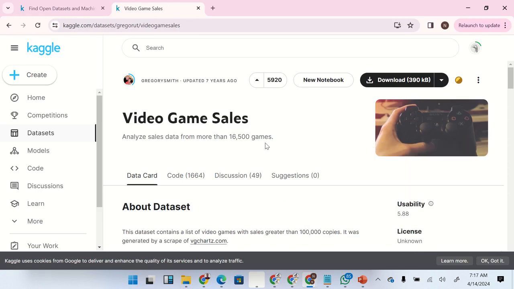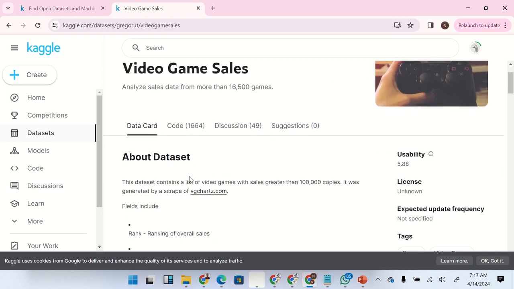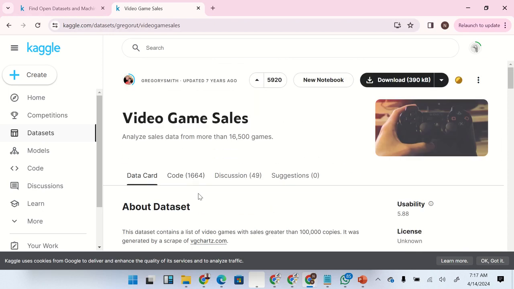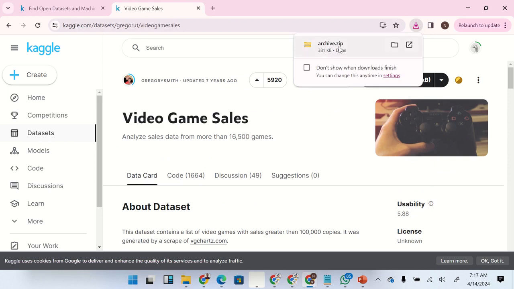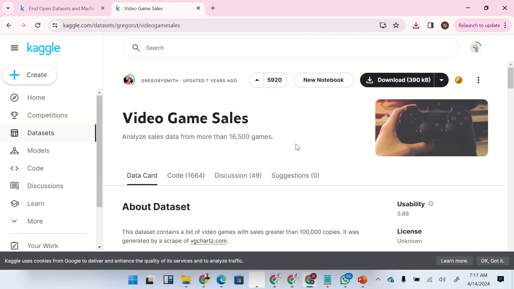So you now have an account with Kaggle. You can come over here anytime, download data sets or download code, anything you want to download. If you want to download data sets, you can just go ahead and click on download, but I'm not asking you to download it because the data set will be attached for you in the classroom.